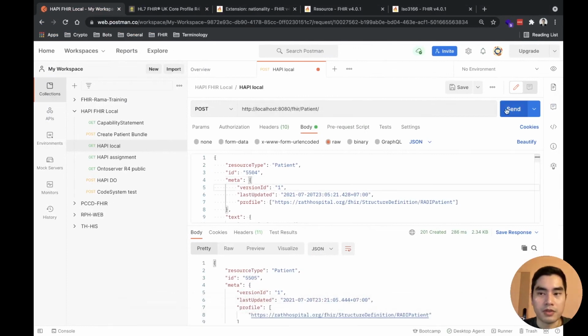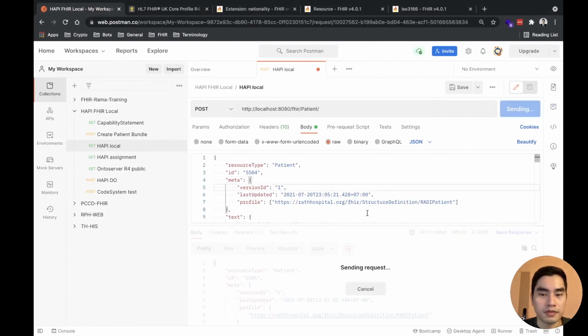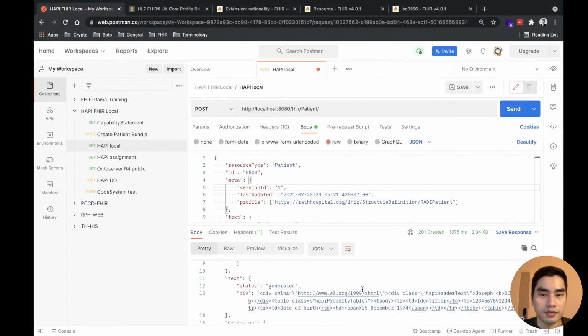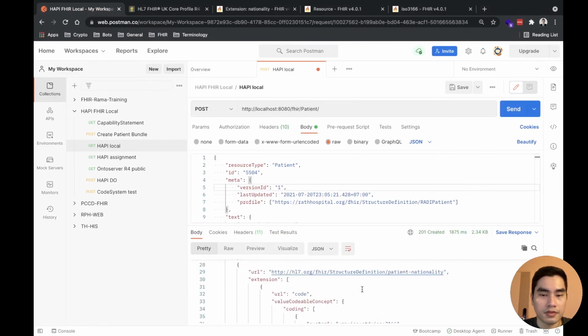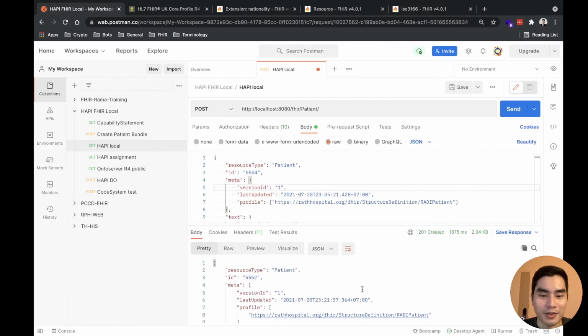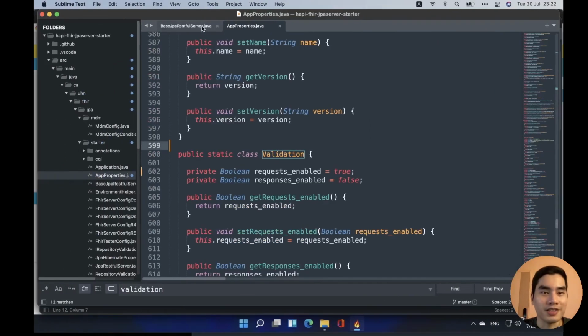If you come here and you try to post, it can be created because it's just a warning.